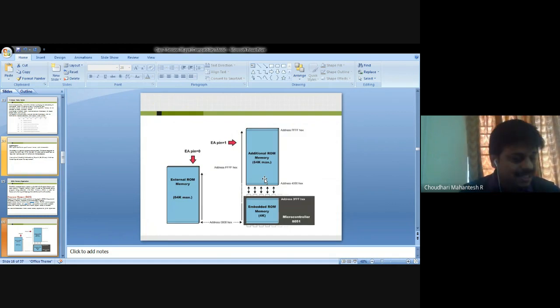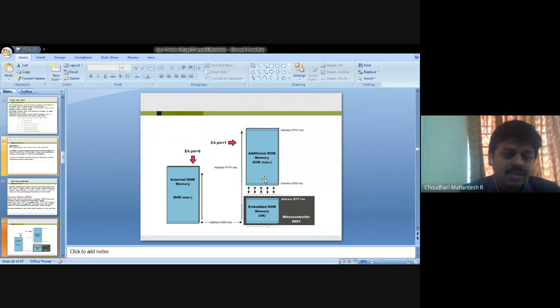We will have external ROM memory, 64K maximum, then additional ROM memory, again 64K maximum, with addressing from 4000 hex to FFFF hex, depending on the EA pin being 1 or 0, as you can see towards the right side.